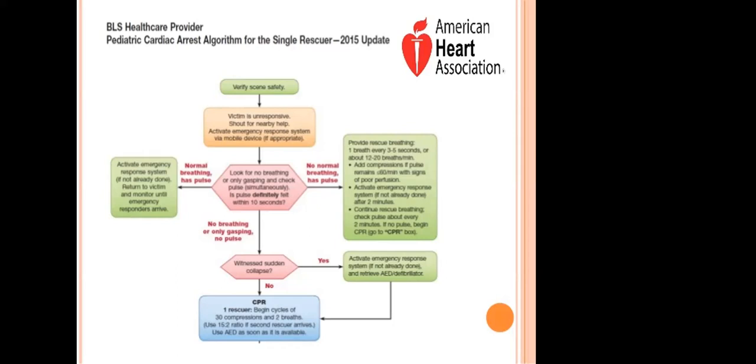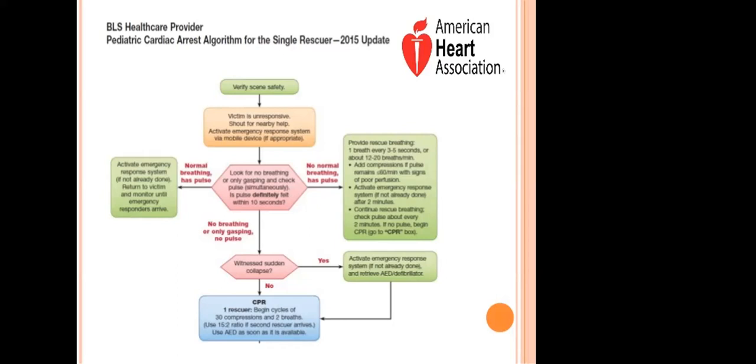Now, there's no breathing and there's no pulse. You want to find out, is it a witnessed cardiac arrest? A witnessed cardiac arrest has a better outcome, better prognosis. You want to get your AED, because we have established that early defibrillation helps to improve outcome following cardiac arrest.